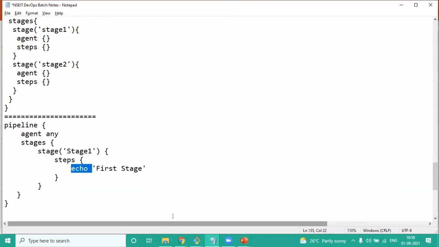Then here, for every stage, I told you that you can give a machine, but if you do not give,